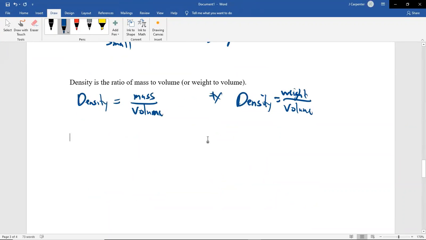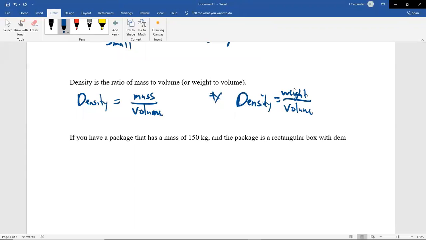So I might say you have a package that has a mass of 150 kilograms, and the package is a rectangular box with dimensions